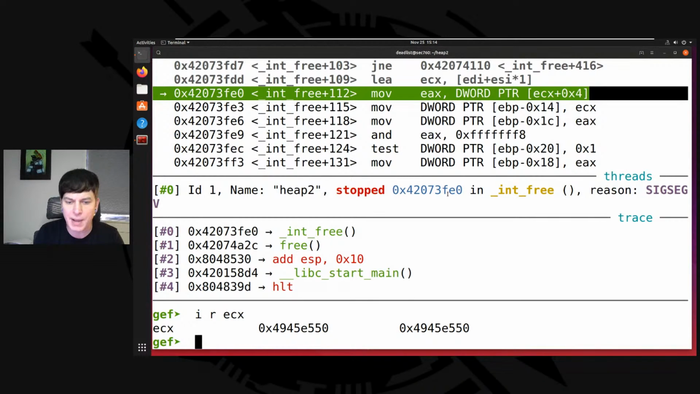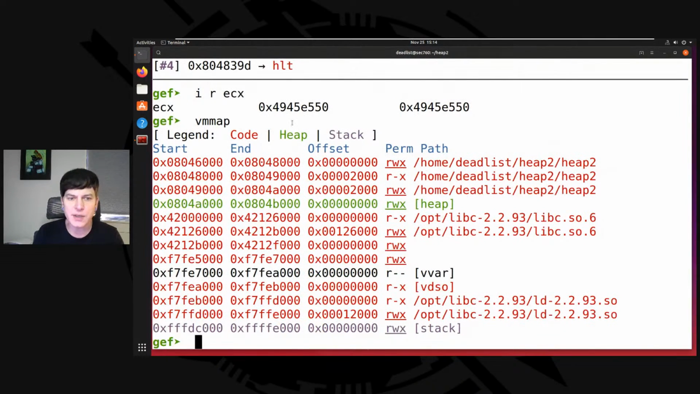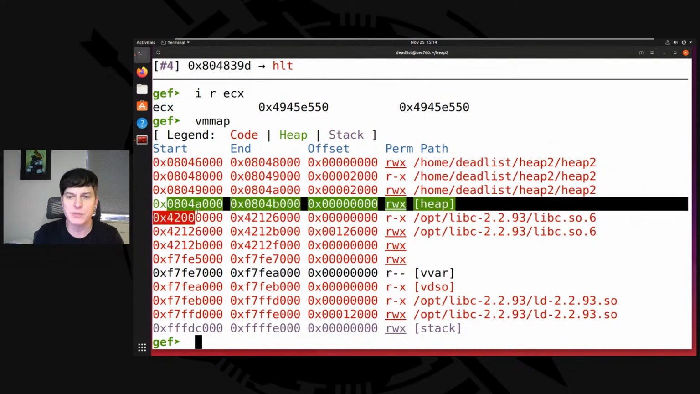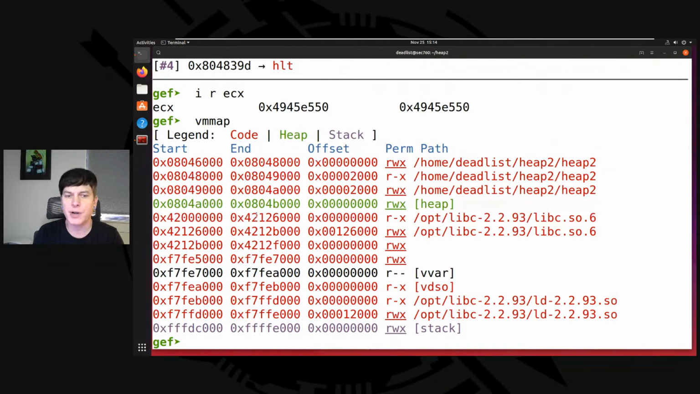If we do a vmmap, so we're looking for 4945, you can see that 4945 falls in between the heap and this shared object. It's in the wilderness. It's in the big void of unmapped memory. So that's why we're having this crash. How that value got into there, we don't know yet, but we can see this is a problem with some